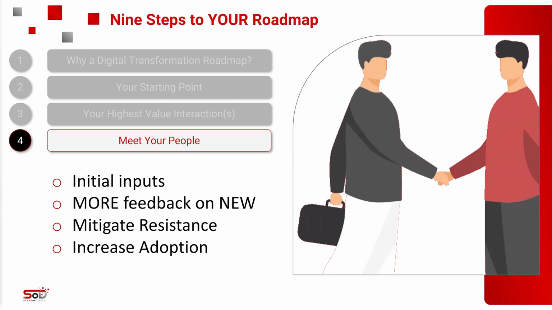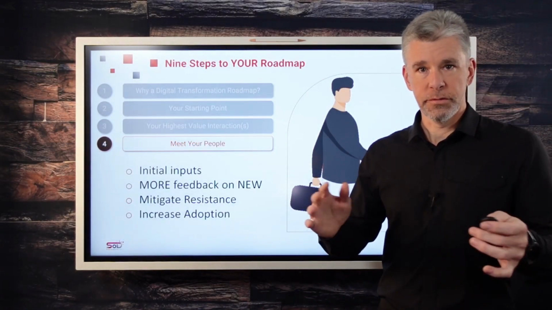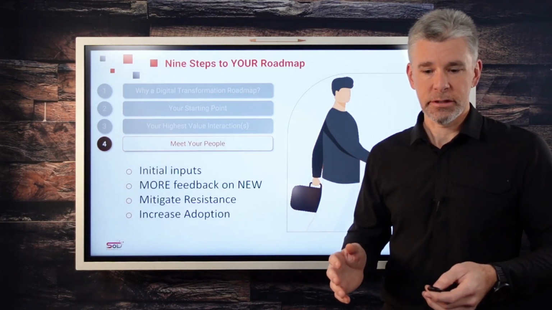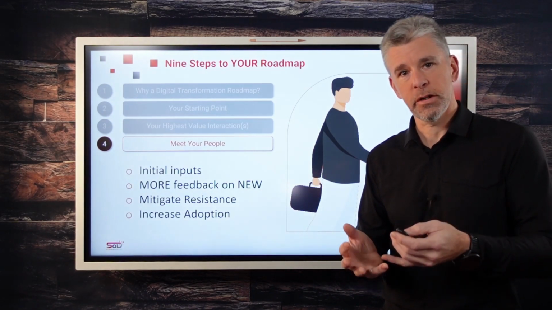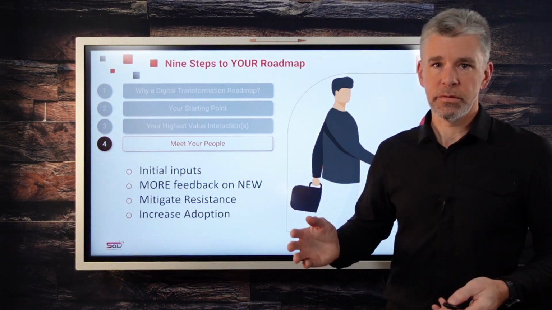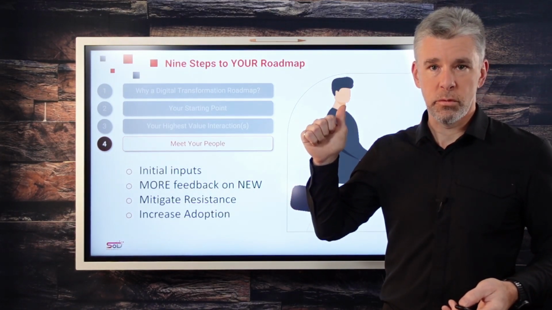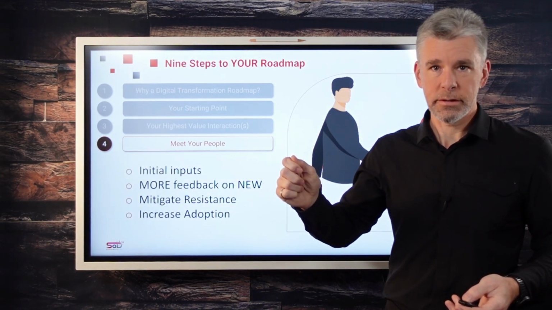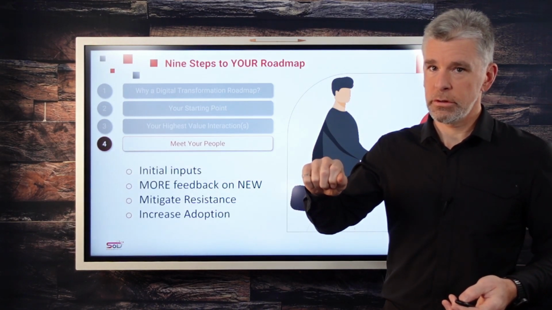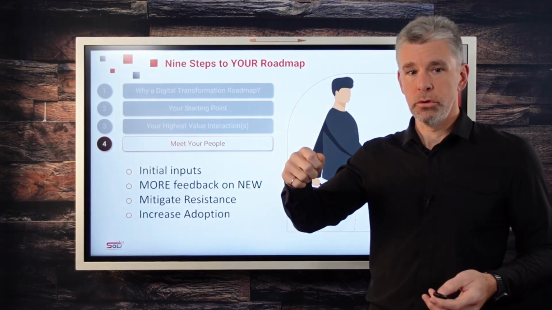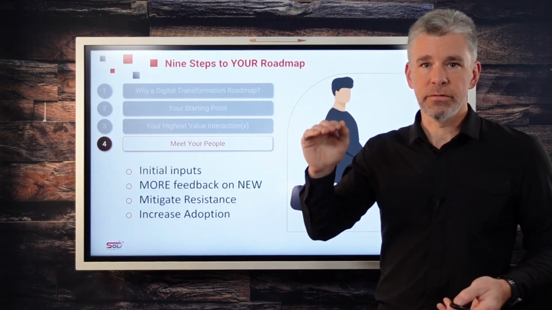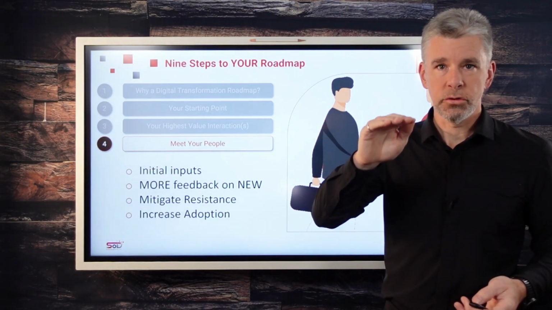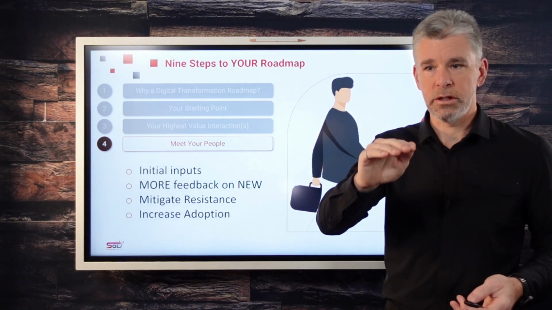So meet your people is the last step of part 1, so of this video. I strongly recommend to look at part 2 to know what's going on from step 5 to step 9. But in this one, we've seen why we need to have a roadmap, why it is important. Secondly, you need to assess your starting point ASAP. So you need to know where to start, to know where and how you can achieve your objectives, and to define your highest value interaction within your company, to really focus on this one, to improve and create a plan around this cash cow process,